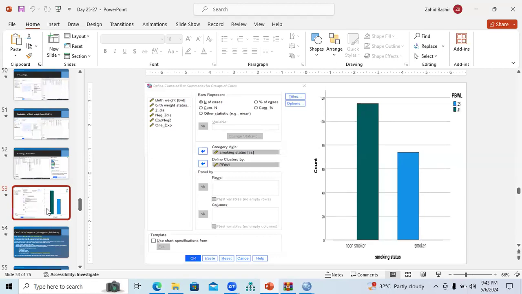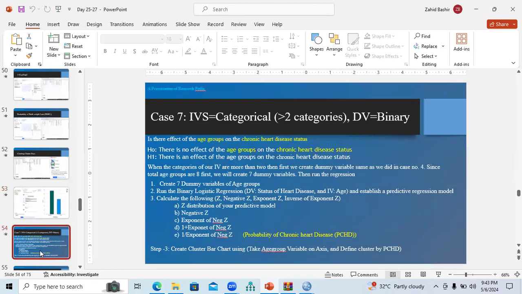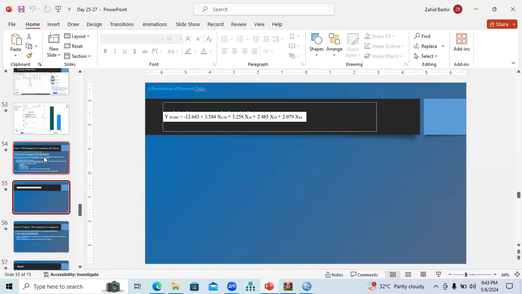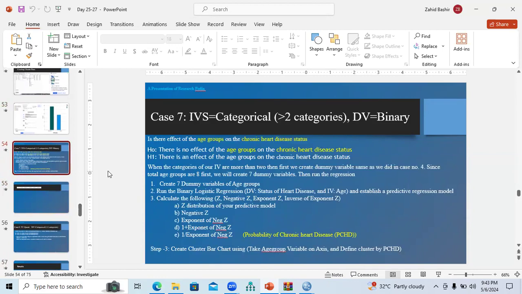So, as the time of this session is going to end, we will consider case number 7, but case number 7 also follows the same procedure, but there is a slight change. There are a lot of categories of age that we are going to consider. So let us consider this procedure tomorrow for case number 7 so that we may be able to analyze the situation